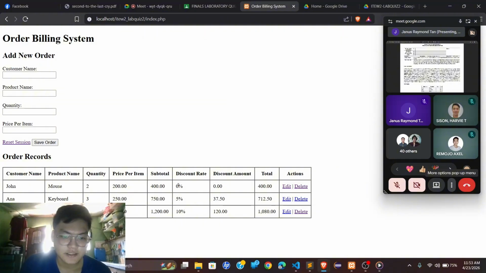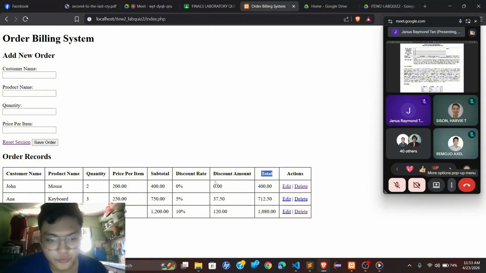And then next, we multiply the discount rate to the subtotal to get the discount amount. So for John, he has 0 discount rate. So if we multiply the 0 to the 400, it will return a value of 0. And for the total, we deduct the discount amount to the subtotal.